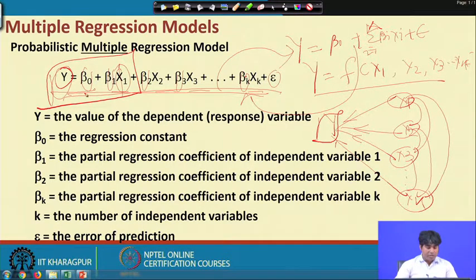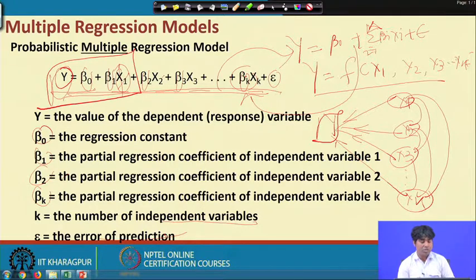So here these coefficients: beta 0 is the intercept, as usual discussed in the case of bivariate regression modeling, and beta 1 is the slope coefficient for the x 1 variable, beta 2 is the slope coefficient for the x 2 independent variable. Similarly, beta k is the slope coefficient for the x k independent variable, k is the number of independent variables, and epsilon is the error term.